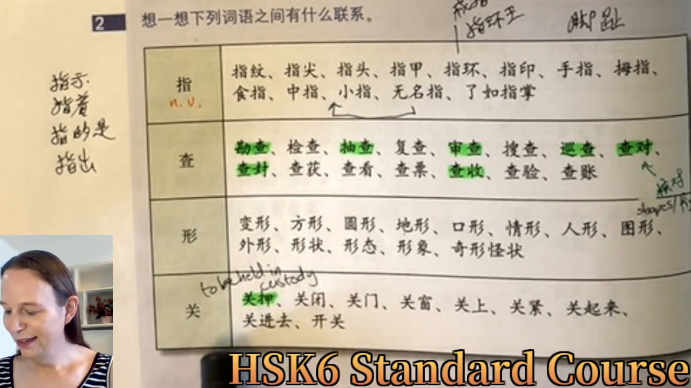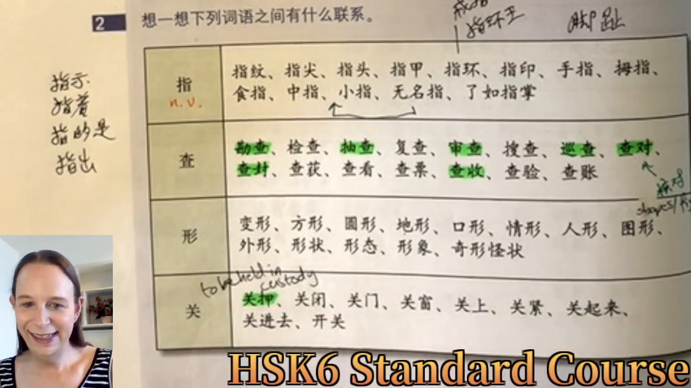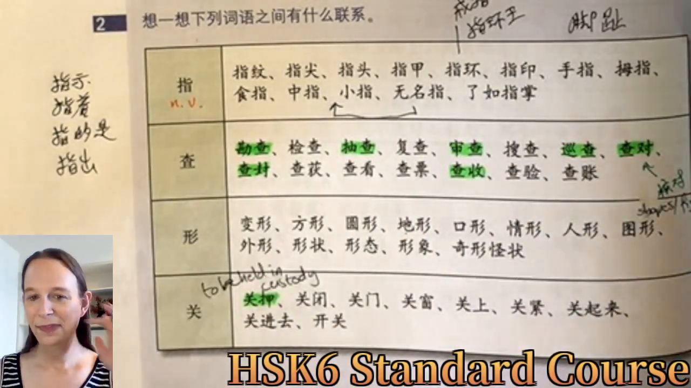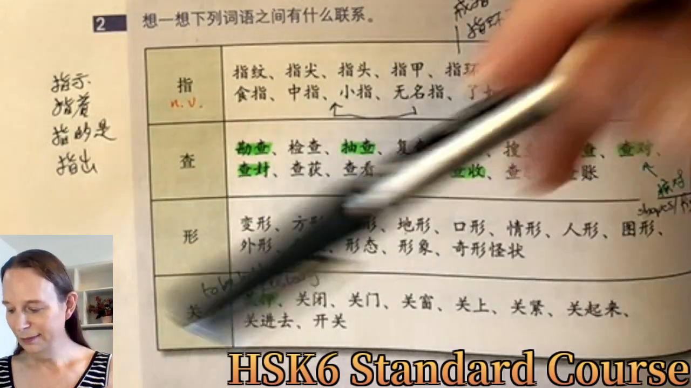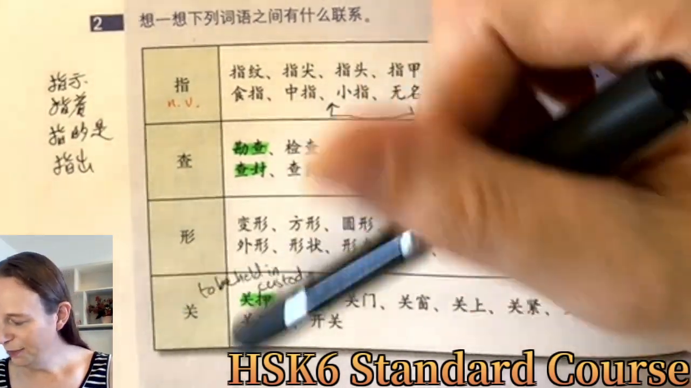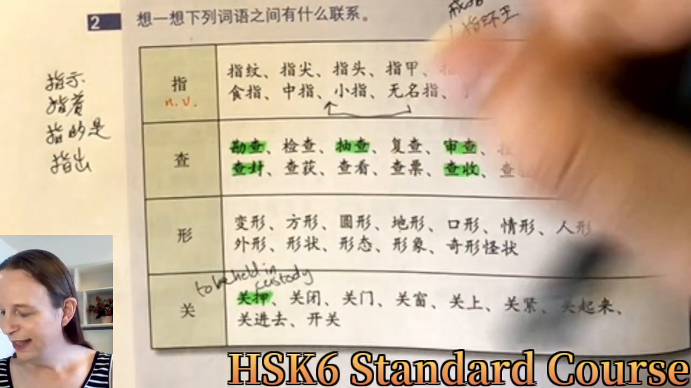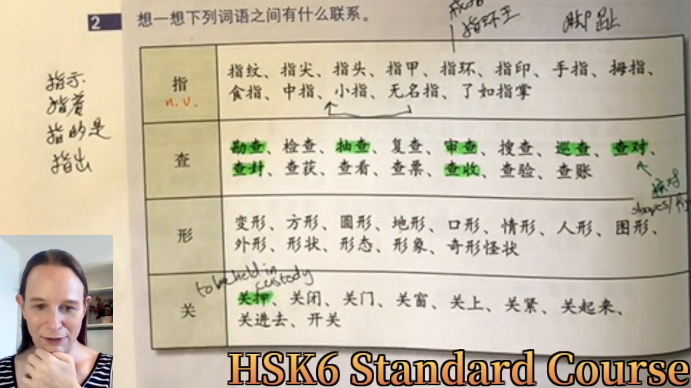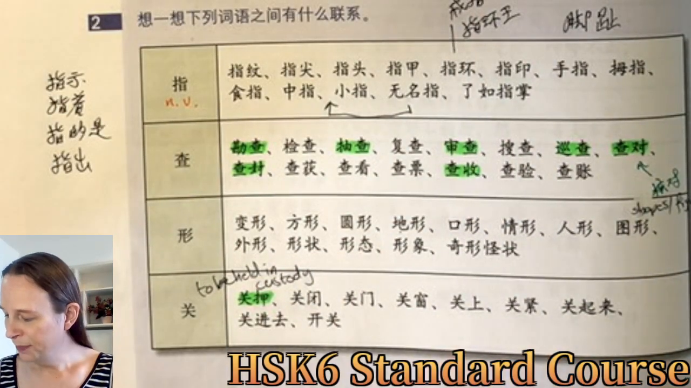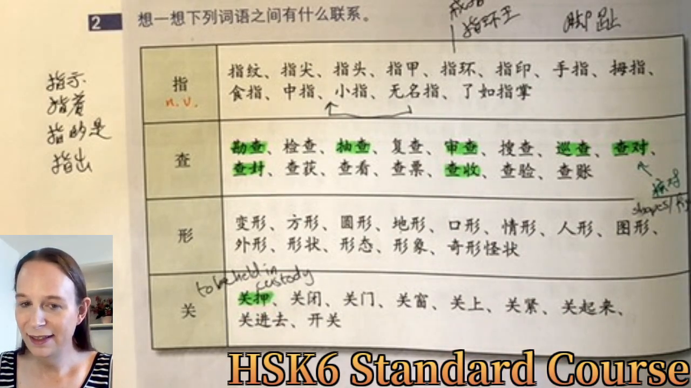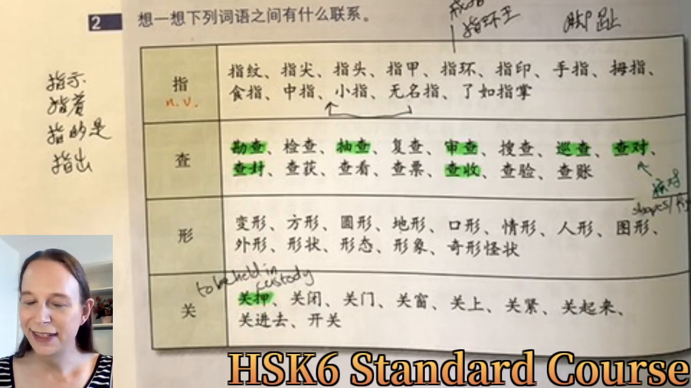Anyway, 关, this was ridiculously easy, this part, compared to these other ones, which are much harder. So 关, I guess the most important one was 关押. 关押, 关起来 is kind of locking up and throwing in prison kind of thing. Yeah, 关 has many other meanings. Many other usages, I should say. Like 难关, like